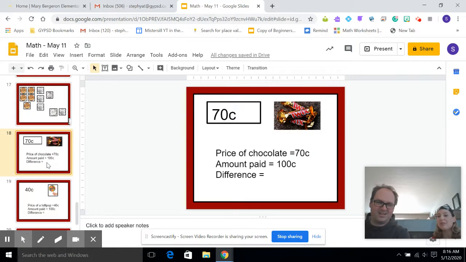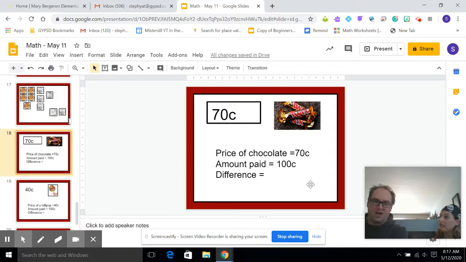Oh, this one, we're going to be shopping. Okay, so we have a chocolate bar that's worth 70 cents. But you pay $1, which is 100 cents. So what is the difference? What I'd like you to do is add or subtract. What are you going to do? Well, difference means you need to subtract. Exactly, because if you're giving the cashier 100 cents and your chocolate bar is 70, how much money are you